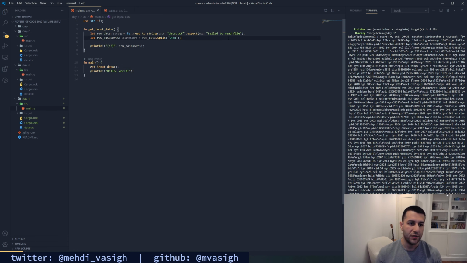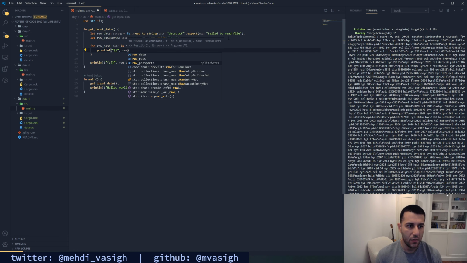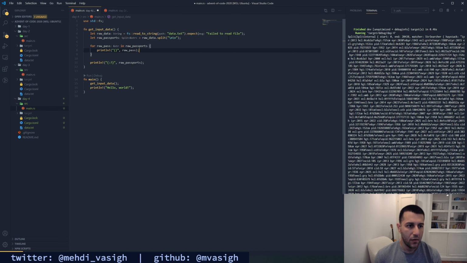So maybe what I should really do is for raw pass in raw passports. Or rather, do this and not loop.